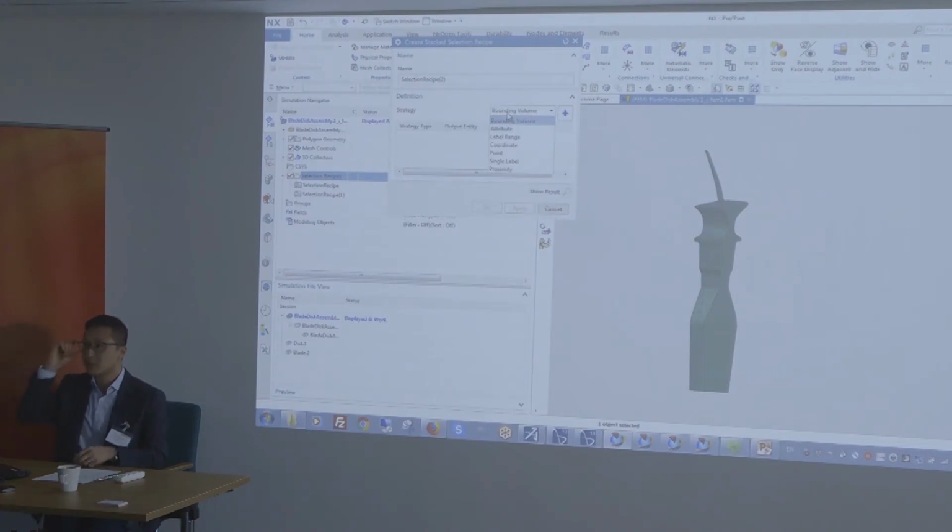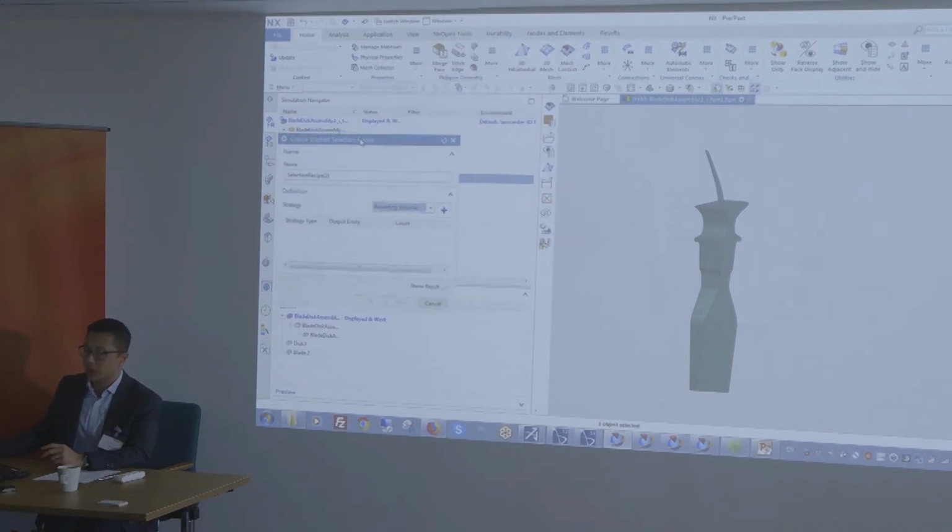Can selection recipes be transferred from one part to another, or is it a case of templates? So that's a great question. These selection recipes can be used both at the FEM and at the simulation level. So now I'm showcasing for elements, but it can be used for boundary conditions. But those are saved as template.